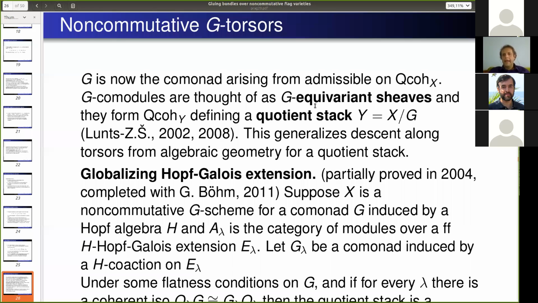So if you have such a thing, then you can define what equivariant objects are, which are equivariant sheaves. If you know what sheaves are, then you have additional structure on them. These are some sort of comodules over this G, if G is a comonad. Then you look at the category of comodules, and it defines a quotient stack. That's the basic idea. But this quotient stack can be such that you don't have good coordinates on it, so you can't really work with it. But in good cases, it has. And in fact,